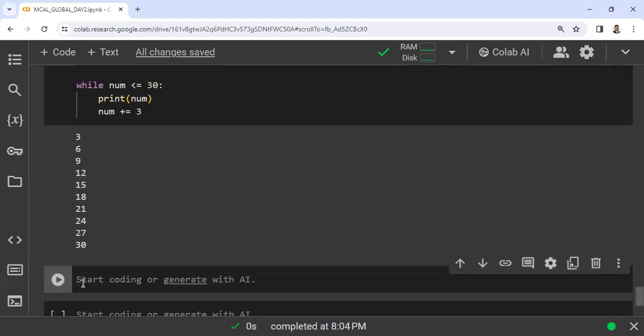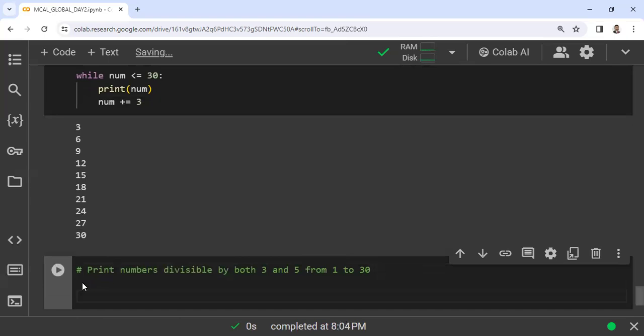Now the next program will be: I want to print numbers which are divisible by 3 and 5. You have to find it in 1 to 30. So what will be the initial number for that, and what are the things we have to do right here? So we need